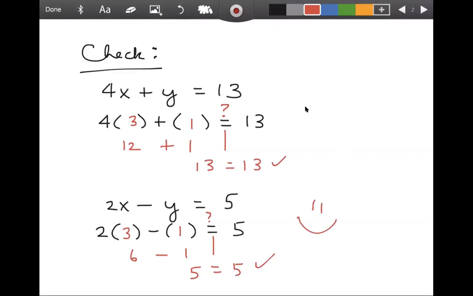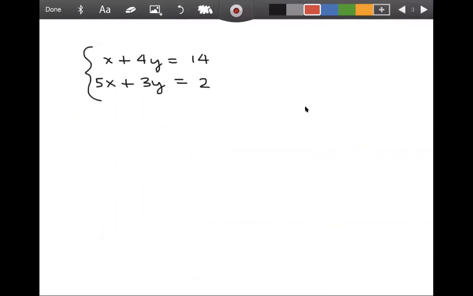All right, let's look at the next example. x plus 4y equals 14. 5x plus 3y equals 2. Unfortunately, if I just add these two equations together, that's not going to help. It's just going to give me 6x plus 7y equals 16. So what I need to do, and this is usually the situation, is multiply one of the equations by a number that will give you a pair of opposite coefficients. So in this case, what I'm going to do is multiply the first equation